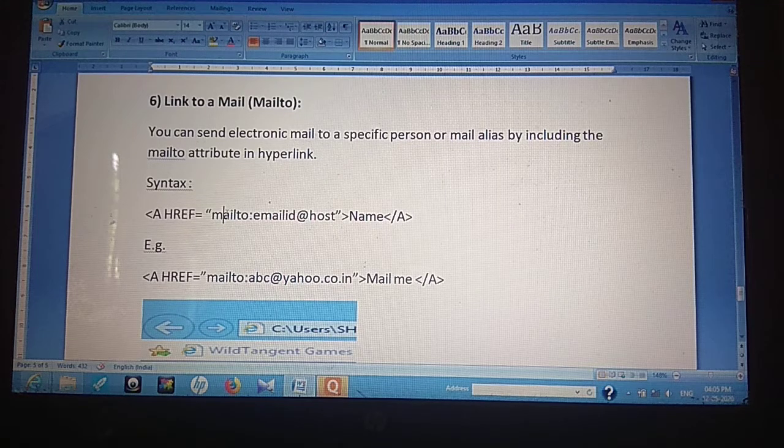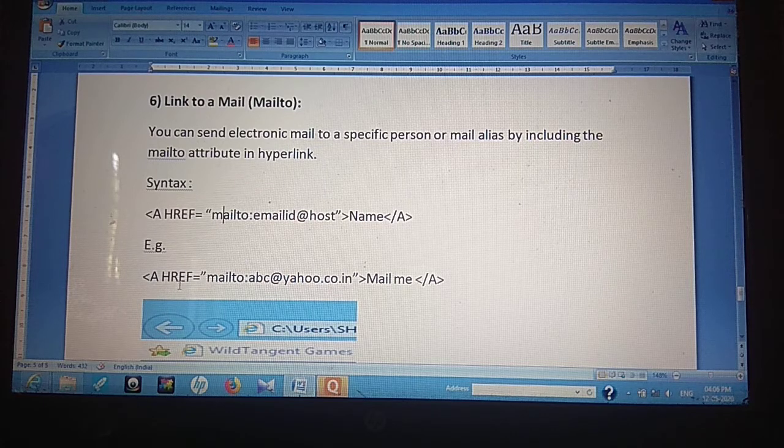This is the keyword which we require, and then you have to give the email ID, @ is the sign, and the host name, gmail.com or yahoo.com or rediffmail.com. These are the host names that we have to call. And some text you have to assign over here, so that text will be able to link. This is the example over here on the next line.